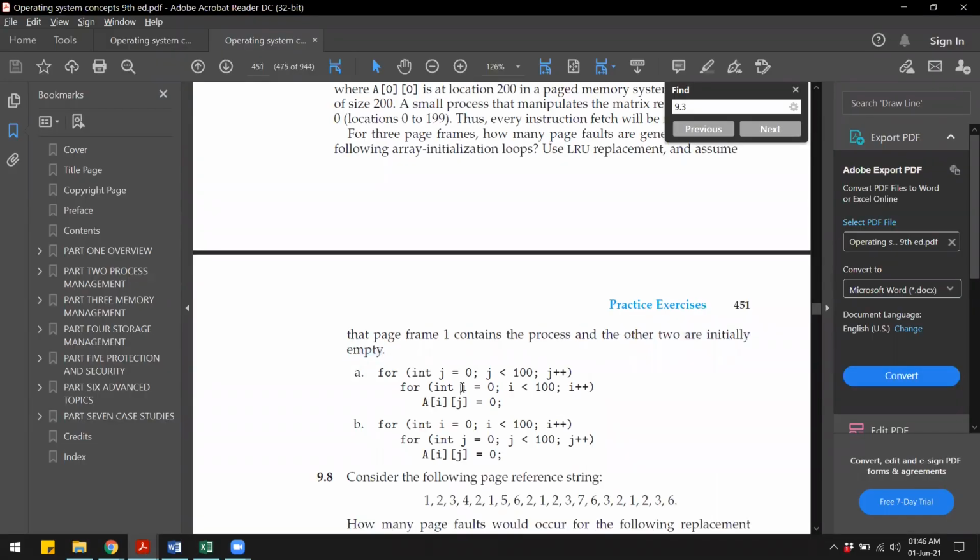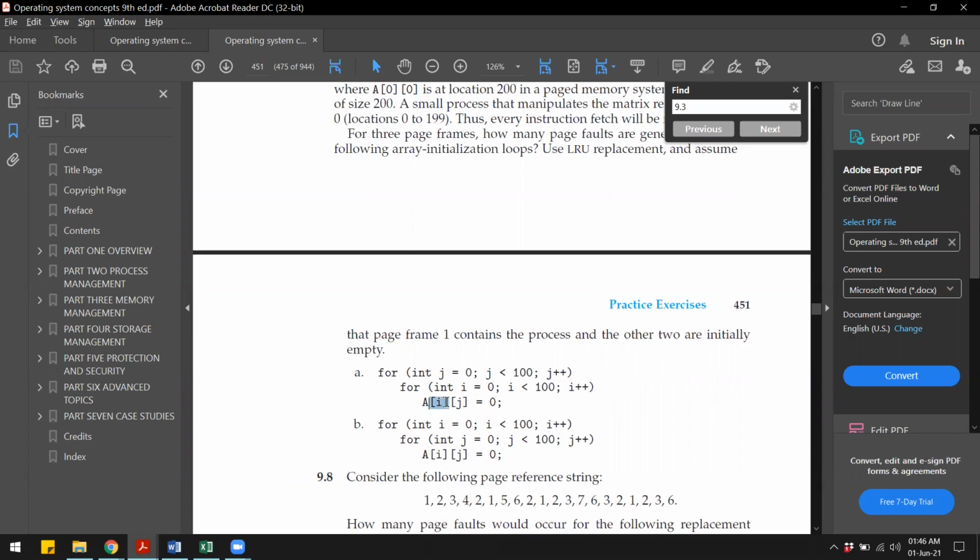Now, if you look at the first loop, j goes from 0 to less than 100, and for each j, I goes from 0 to 99, and in each iteration we are setting the array element to 0. The first part of the array is the row and the second part is the column, if you recall your CS111 or CS112.